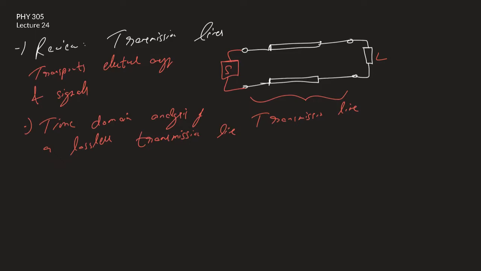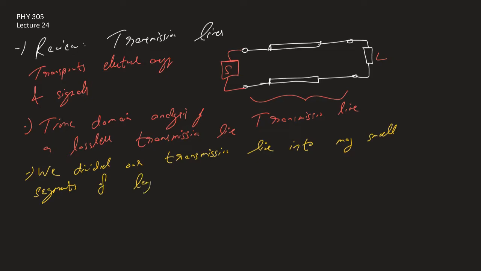Graphically speaking, what we did was we divided our transmission line into many small segments of length delta z, and so our lossless transmission line looked something like this, where